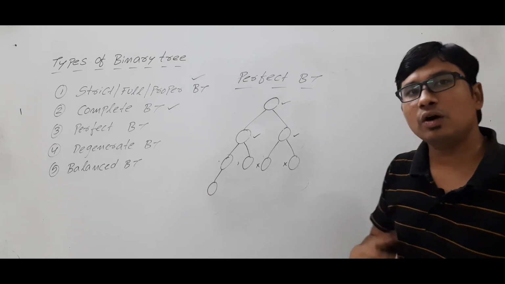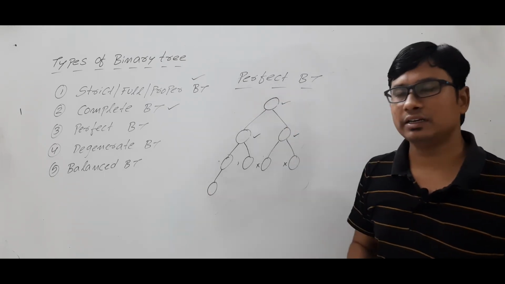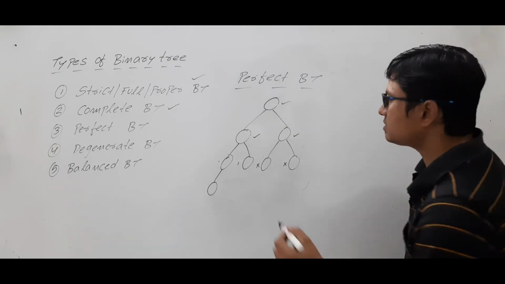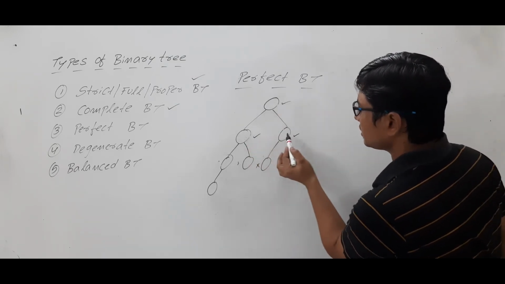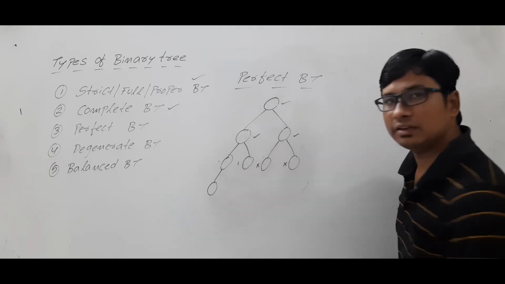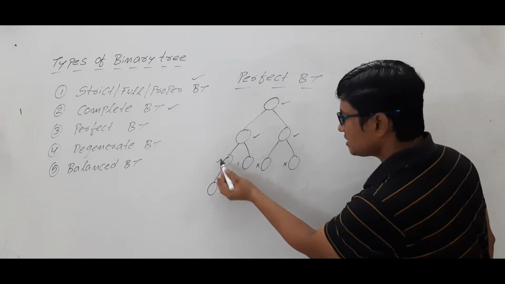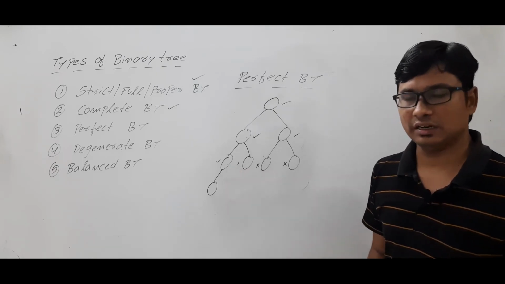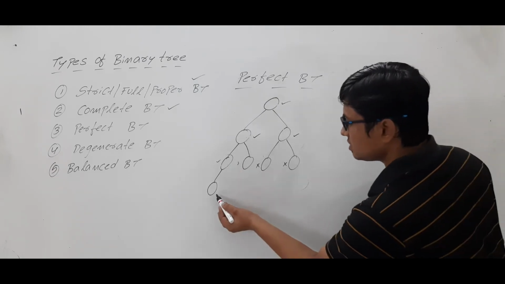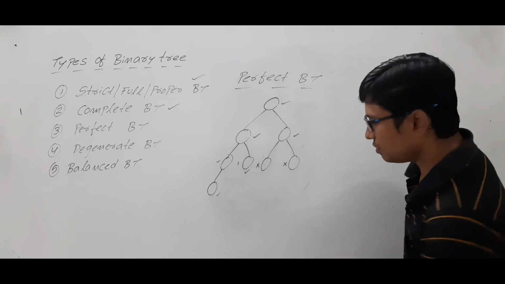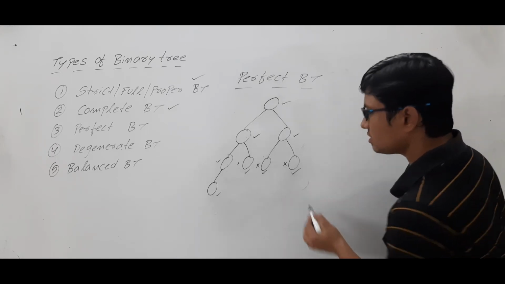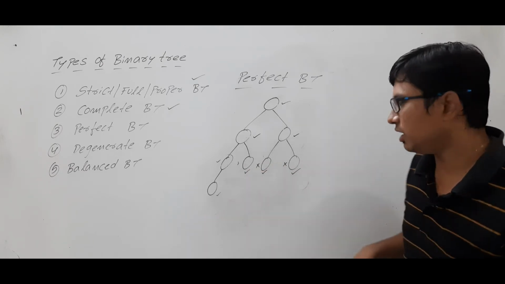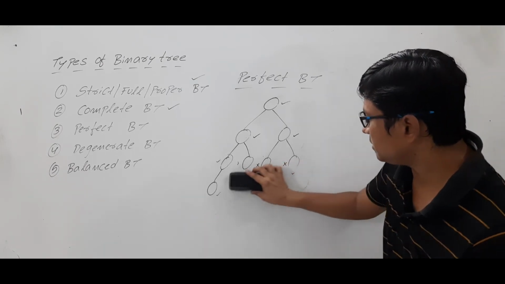Now, can I call this a perfect binary tree? No, I cannot call this a perfect binary tree. Why? This is an internal node, this one is an internal node, this one is an internal node, and even this is an internal node. First, this internal node does not have two children. And another thing is that this is a leaf node, this is a leaf node, this is a leaf node, and this is a leaf node. If you look, all the leaf nodes are not at the same level. Now similarly,